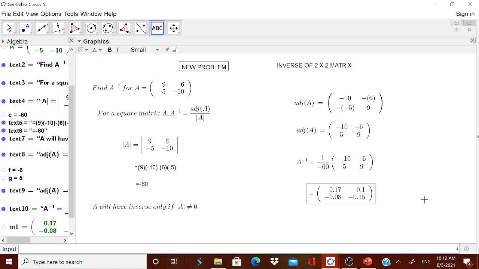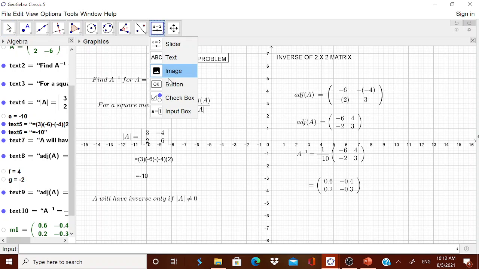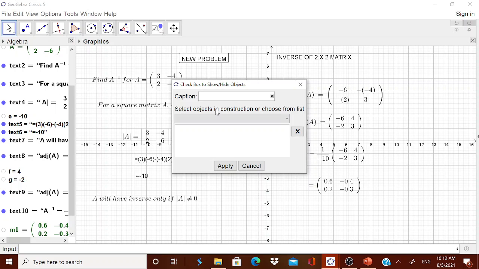Now, suppose if you want to give the children a new problem, it is very simple. You have to simply click this new problem. You see, a new problem is being created. Again, if you click it, a new problem is created. Now, all of you know how to hide all the other things which you don't want to show the children. That also I will tell you very quickly. Go to this checkbox. In that checkbox, you have show answer. Okay, you have all the text which are starting from this square matrix. Okay, now it is starting from 3.